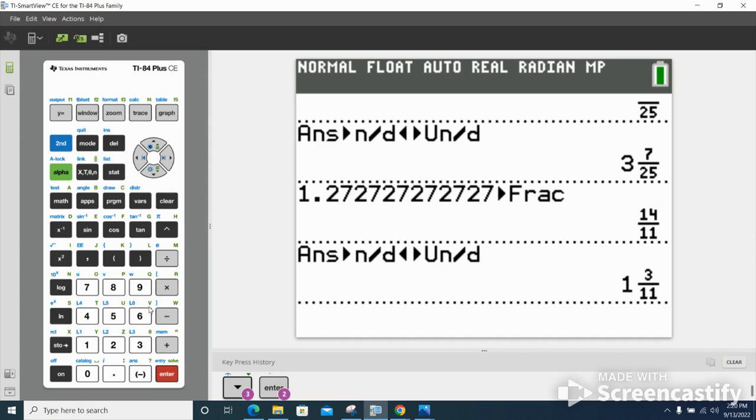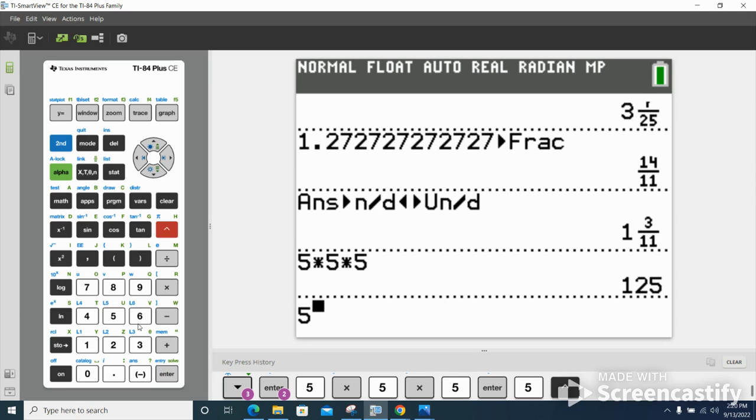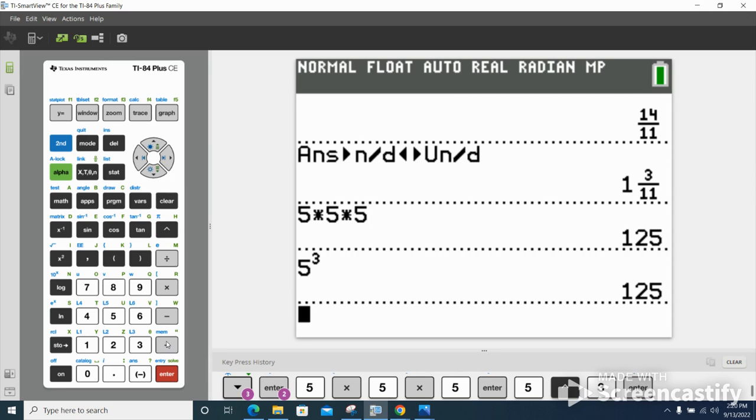One other thing I want to show you. If I say 5 times 5 times 5, what's that equal? 125, correct? Now, what's the shortcut for 5 times itself 3 times? Can I say 5 raised to the 3rd power? Now, what's the inverse of that? If 5 cubed is 125, and I want to find the cube root